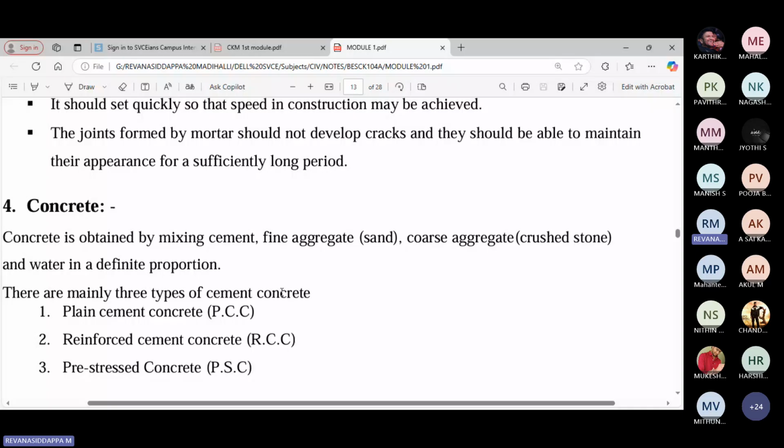Now we will move on to the next topic, that is concrete. Concrete is